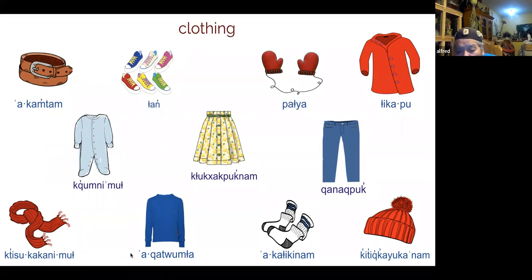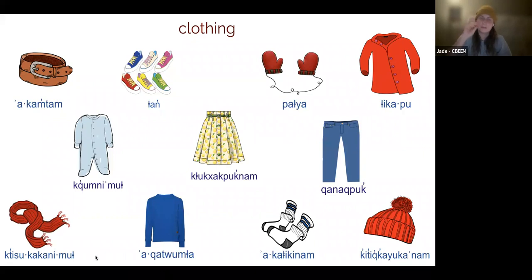And so the sock, akasikinam, I always picture that as putting it onto your foot. But that's how I remember that word. Kasikinam means